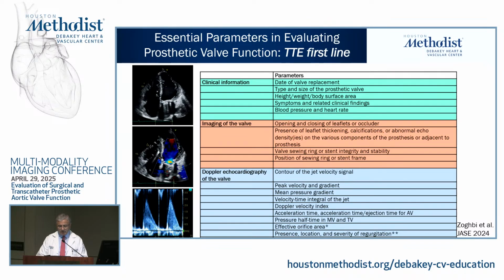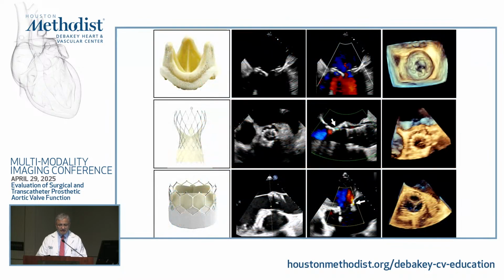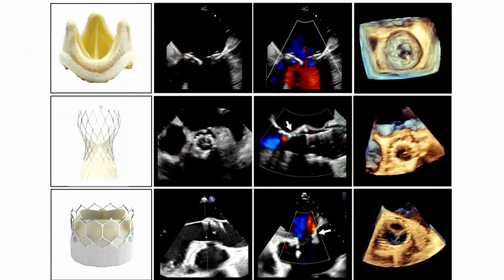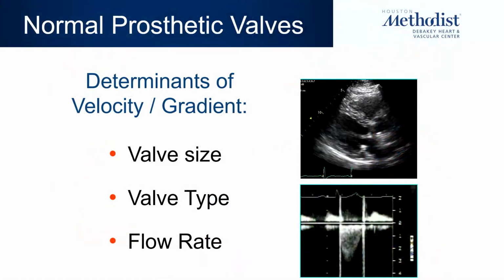Doppler, we will talk about velocity, gradient, Doppler velocity index, and effective orifice area. All these are very important in your overall evaluation of valve function. Echocardiographic images, including 3D, and this is from the guidelines also, for biological valves, including the TAVR valves, different kinds. One thing that's important, irrespective of valve position, is what are the determinants of velocity and